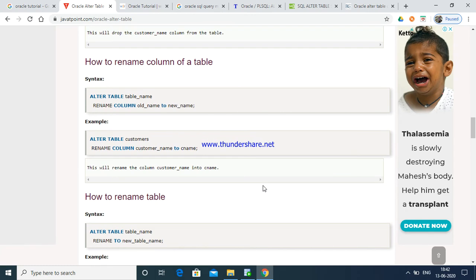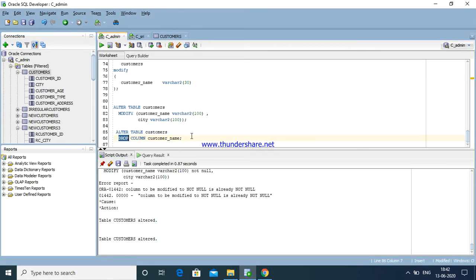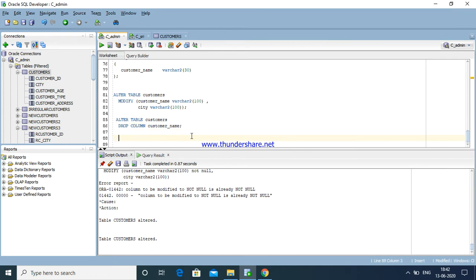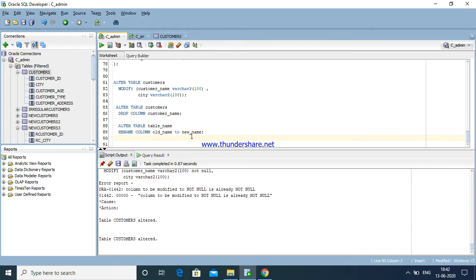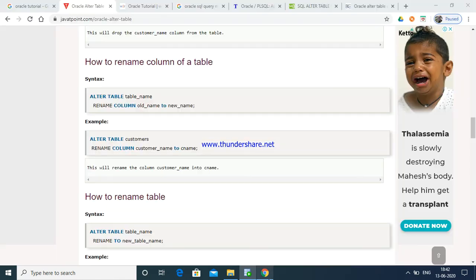Okay, this is one of the rename column of a table. Okay, this is a table, column old name and new name. Okay, just I am going to give here. This is a sample. Now we are going to implement.